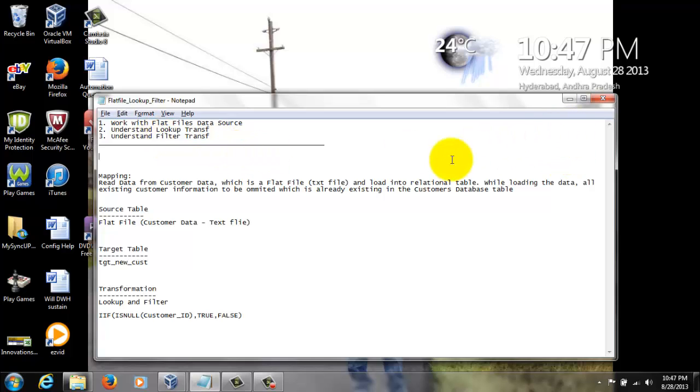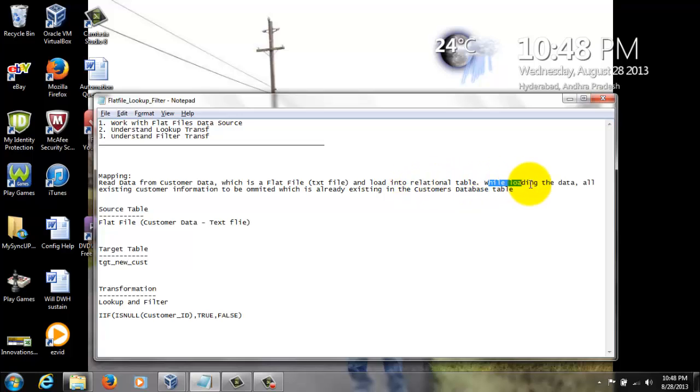So in this session I will be talking about the mapping for one real-time scenario where we will be reading the customer data, which is a flat file, that means a text file, and then load the customer data from the text file to the relational database table.